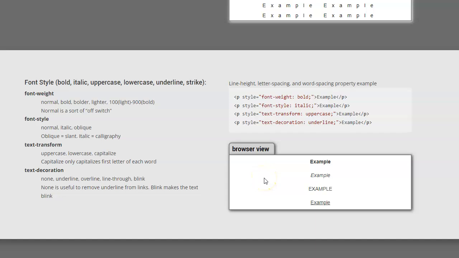All right, so font style: bold, italic, uppercase, lowercase, underline, and strikethrough. You can adjust the font weight, which is more or less the boldness of it. You can do bold, bolder, lighter, and you can also specify it by number, from 100 to 900. 100 being the lightest means it'll be thinner than by default, while 900 will be as bold as it gets,